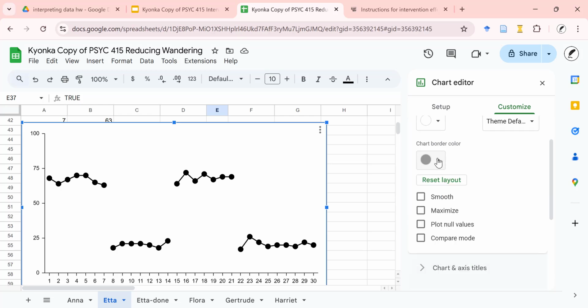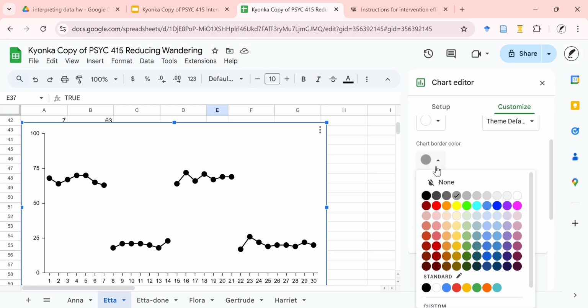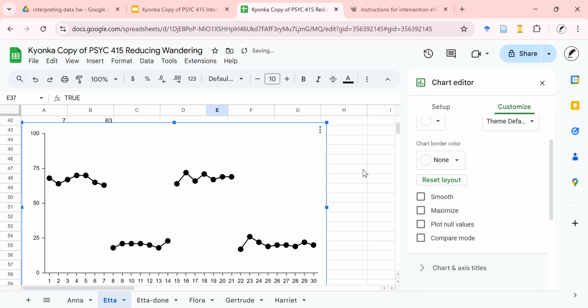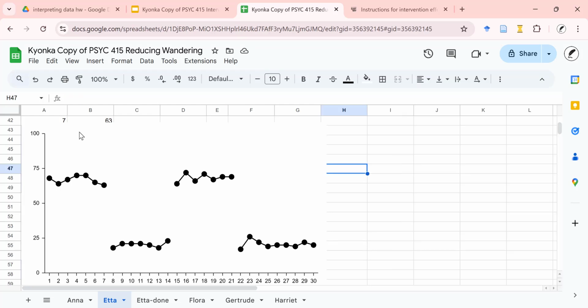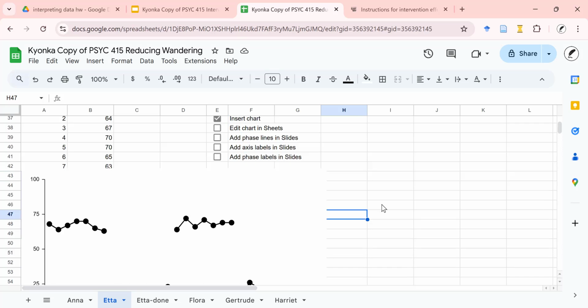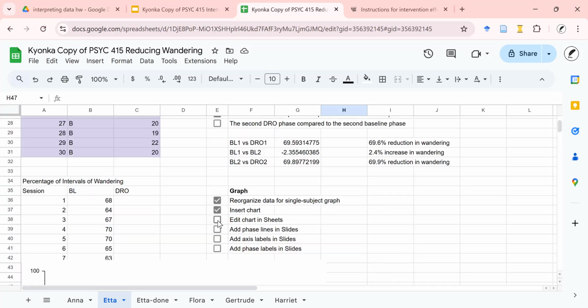So where it says chart border color, I'm going to select that drop down and change it from this gray to none. Now when I import this into Google Slides, it won't have a gray border around it that might interfere with the text boxes that we might want to include. Okay, so I've edited the chart in Sheets,